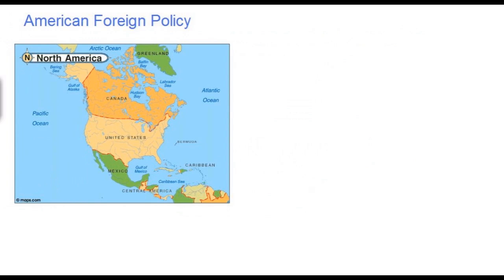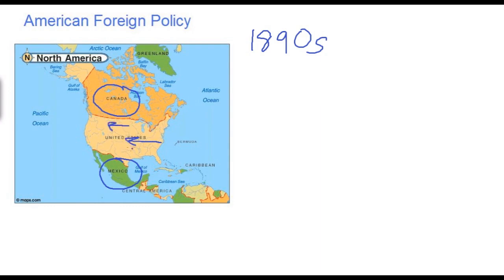American foreign policy prior to the 1890s had been focused primarily on dealing with affairs within the boundaries of the United States itself. In many ways, this focus was on defending against foreign invasions, resolving conflicts with our immediate neighbors, British Canada, Spain, and then later independent Mexico, and ultimately ensuring that the United States would be a strong and united nation as Americans gradually expanded westward across the Mississippi River and ultimately began to fill in the boundaries of the United States itself. And really, a final focus during this period was enforcing the Monroe Doctrine.